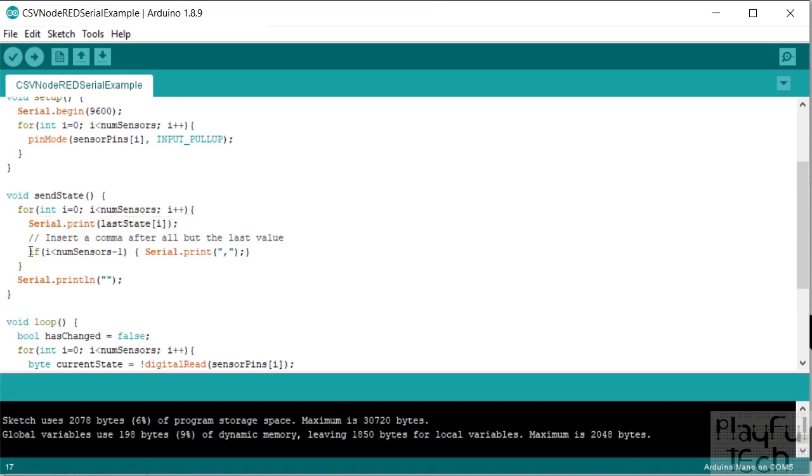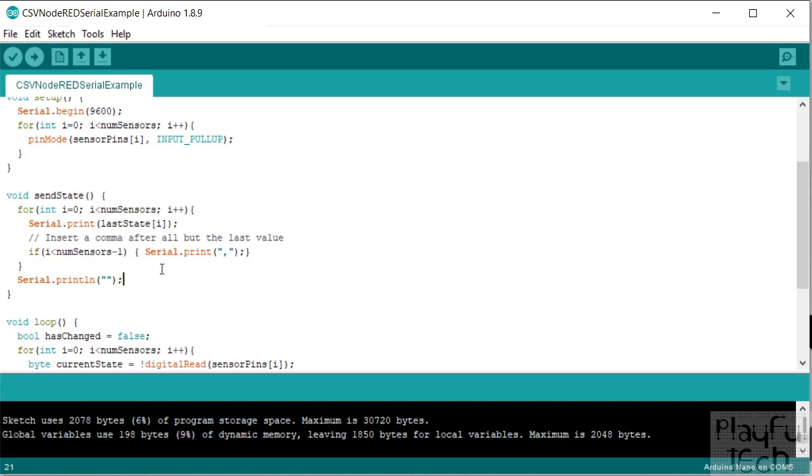So we'll loop over each sensor, and because we're sending multiple values this time, we need a way of separating them. This time we'll only loop up to number of sensors minus one, because we're going to insert a comma between every value and the next one, but we don't need to put a comma right at the end of the list. That's why there's a minus one there, because we don't want to put one after every element. We want to put them after every element except for the last one. So we'll do a minus one, and then we'll put a comma. And finally, after the end, serial print line. That means we'll insert a line break, so we go on to the next line